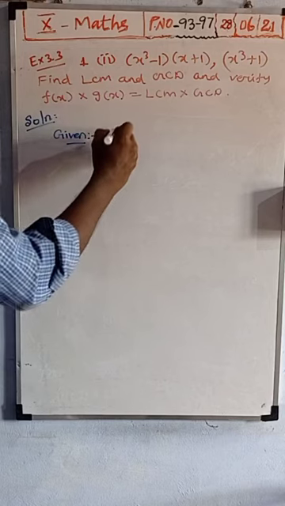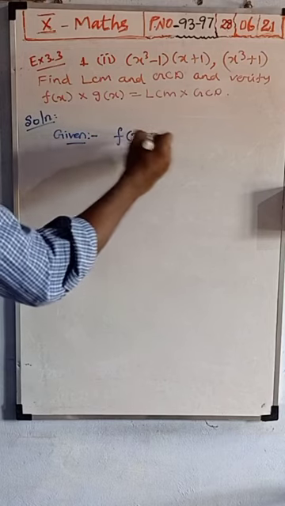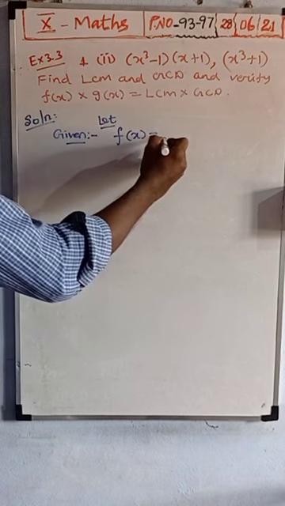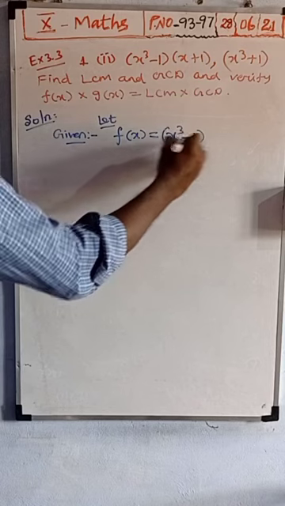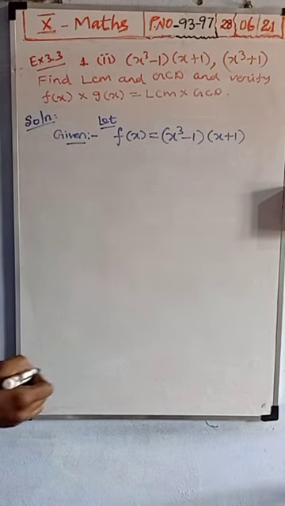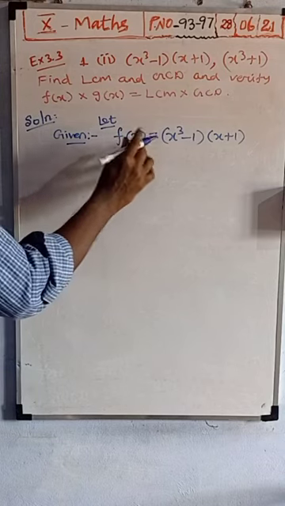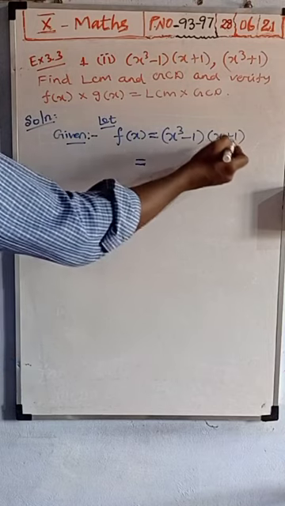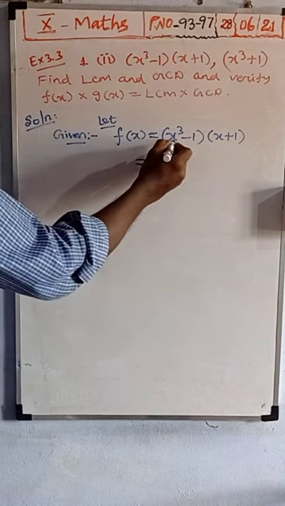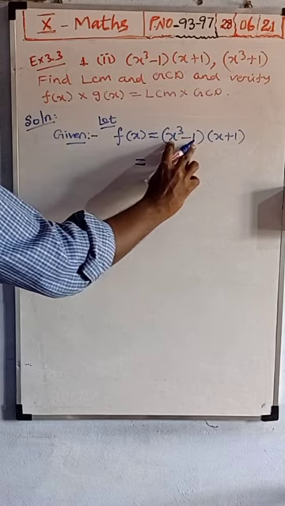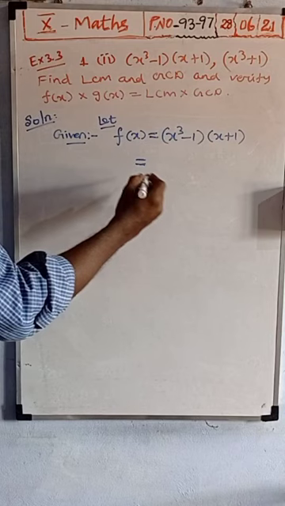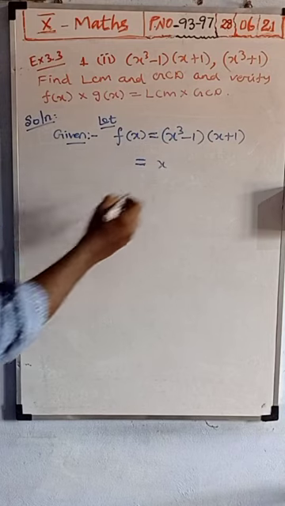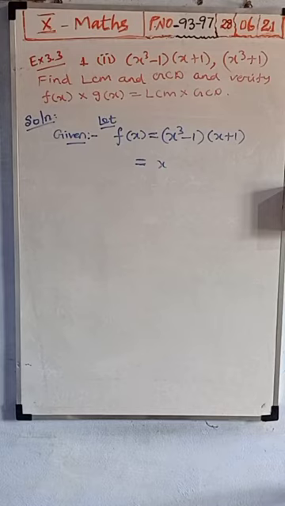From the given, first you choose this, first one is f of x. Let f of x be equal to x cube minus 1 into x plus 1. This is f of x. Now this f of x also first you want to simplify, so factors you want to find. Here x plus 1 is one of the factors, so we can leave it. Here x cube minus 1, only two terms are there, that means the second term we can change into cube format. Like that only they will give. Either we want to use a formula, or else any common term will be there, or else we can factorize. So such three steps you want to follow.